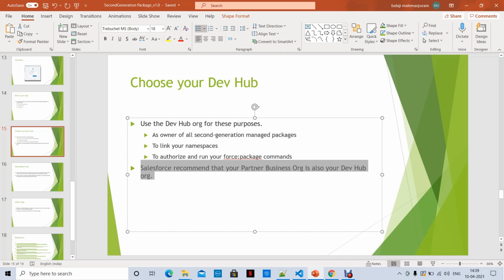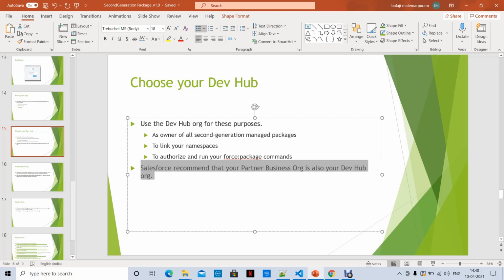You always try to enable DevHub in the partner business org if you are a Salesforce partner. Otherwise, you can enable DevHub and second generation packages in another developer edition org also. Okay, this is just the best practice if you are an AppExchange partner.